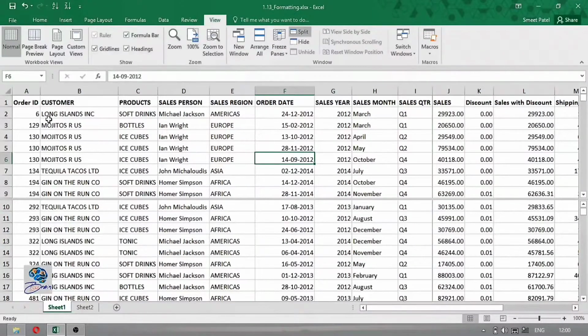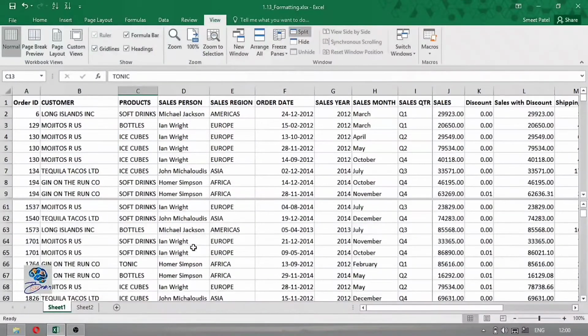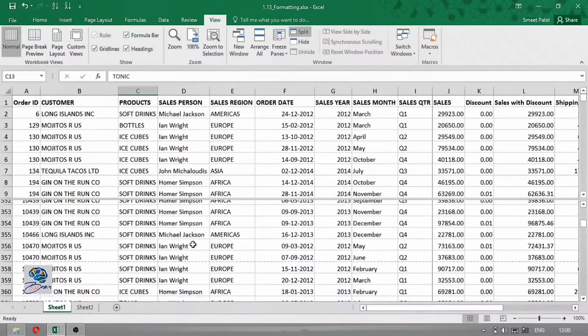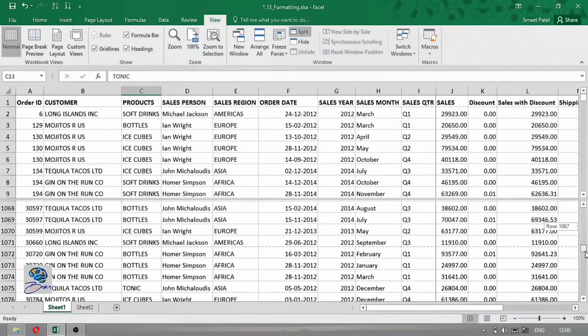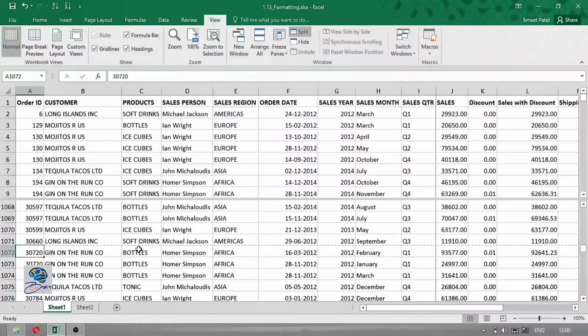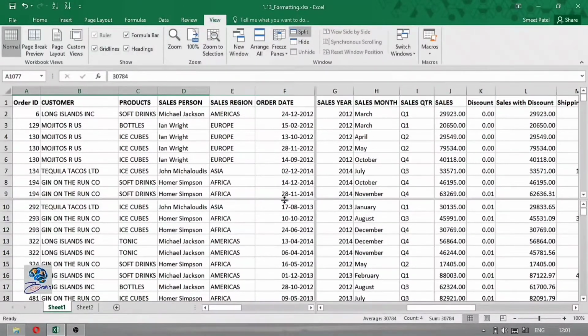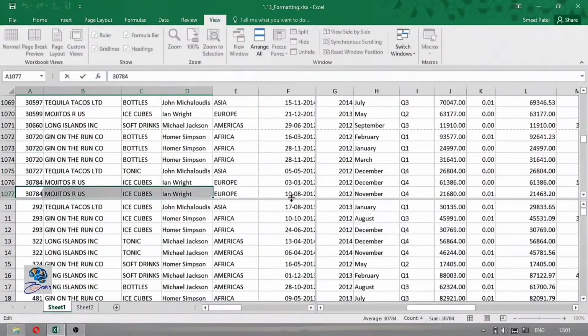I want to compare these four, five order IDs with some below. I am moving very downside. If I want to compare this data with this, I can compare this data with this data. For comparison, this split view is very easy. You can remove split view by clicking here also, and you can also remove it by double clicking on it.